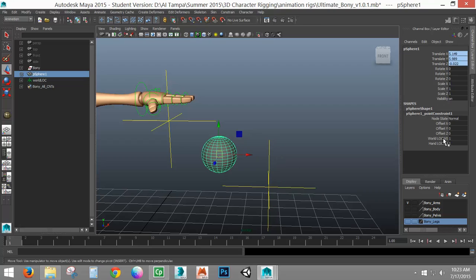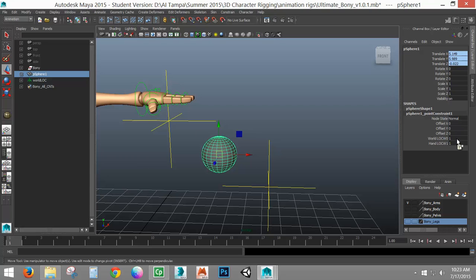but what you really want to look at are your weights below, that you have world locator, W0 stands for weight, 0 being the initial, hand locator W1, which is weight 1, which is your second target. So these are the two targets we applied. And if you look at the values, they're both set to 1, which means they're both on.